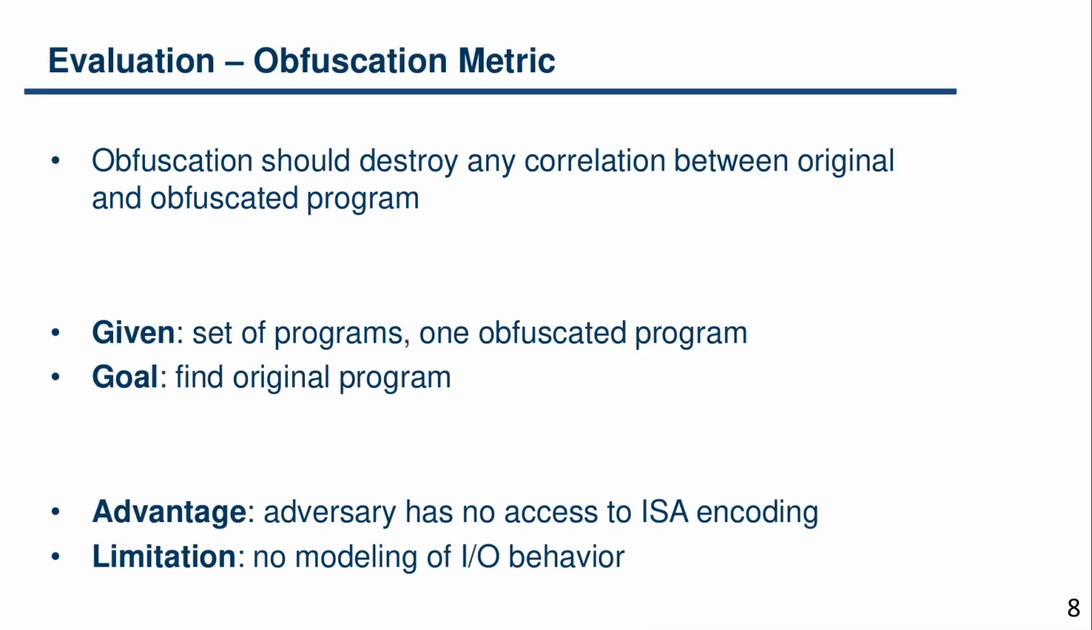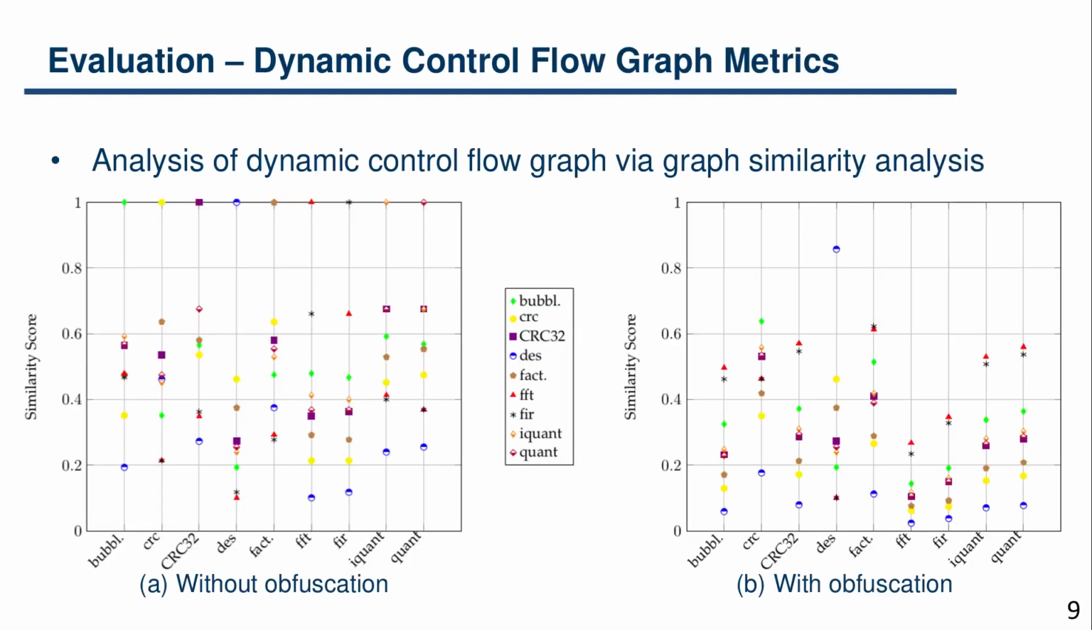A key characteristic of obfuscation is to virtually destroy any correlation or similarity between original and obfuscated programs. To examine the program similarity created by obfuscation, we proceed in the following way. First, we select a set of programs and obfuscate them. Then, we apply a set of similarity measures to analyze the similarity between obfuscated and unobfuscated programs. As explained before, the adversary has access to the dynamic control flow graph and thus can apply graph similarity analyses